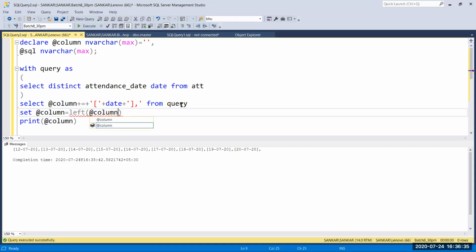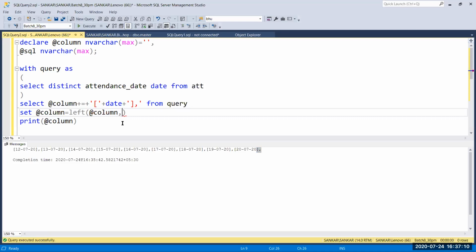Then give comma, so we need to remove this comma. Each time the values will increase. The next day the value is 21, the day after tomorrow 22, the next day 23, 24, 25. It's adding, right? So we can't give fixed numbers here.